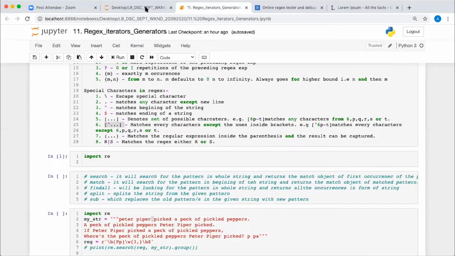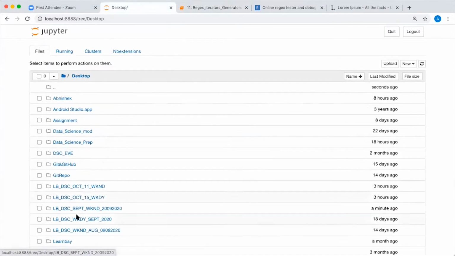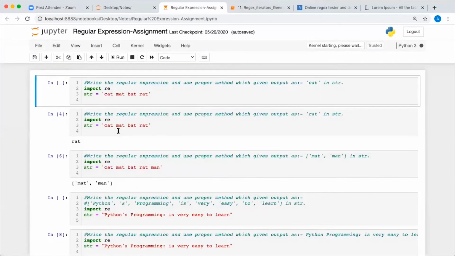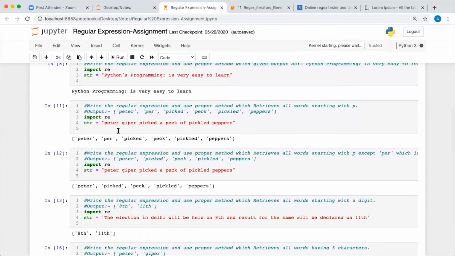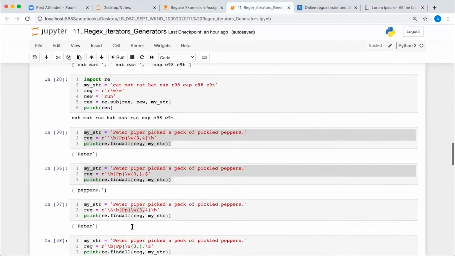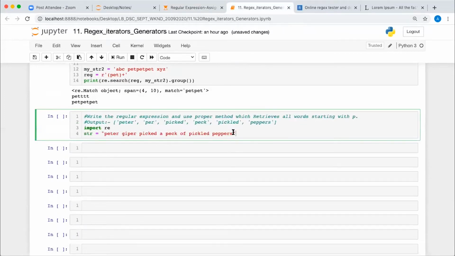Okay. So now I'm going to take a few examples. Let me know what regular expression you are going to write for that. So what will be the regular expression for this output?